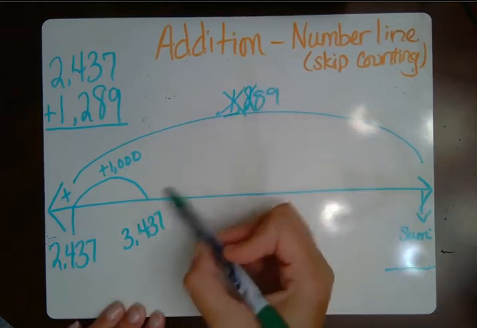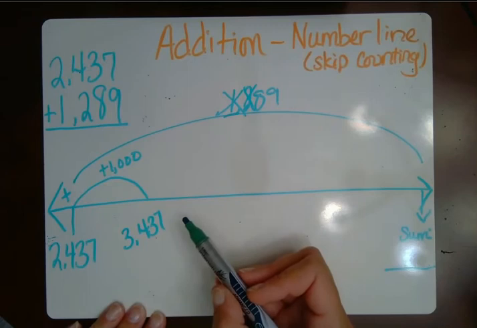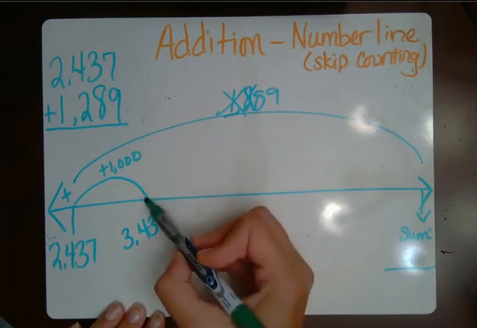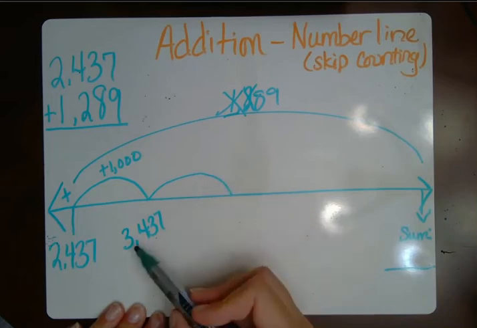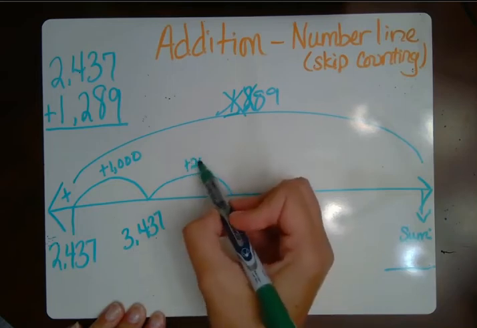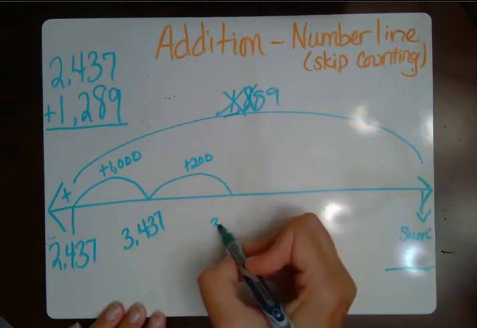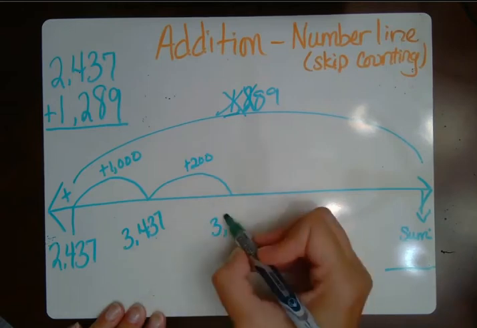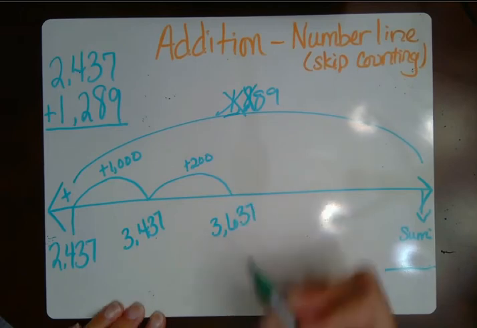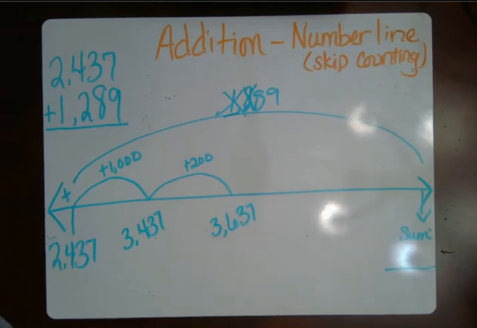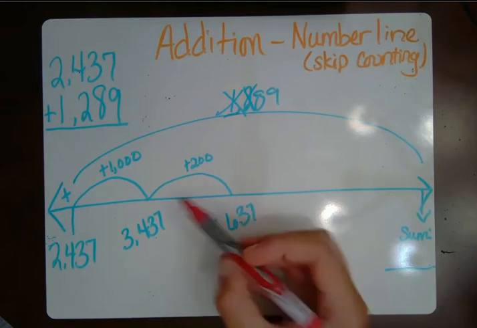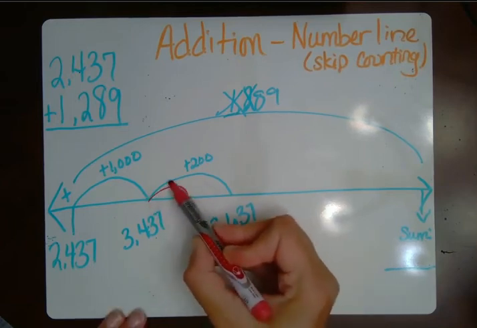So I'm going to add 2 hundreds. If I didn't feel comfortable with that, I could add 100 at a time. I'm going to try 200. So if I add 200 here, and I'm at 3,437, that will get me to 3,637. But again, if I wasn't comfortable with that big jump, I could have broken it apart into jumps of